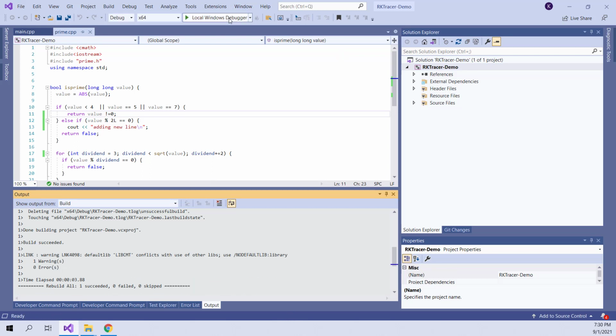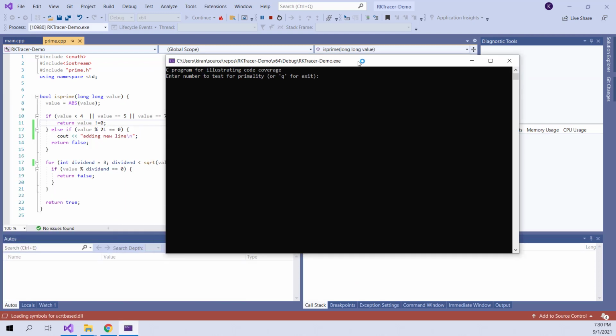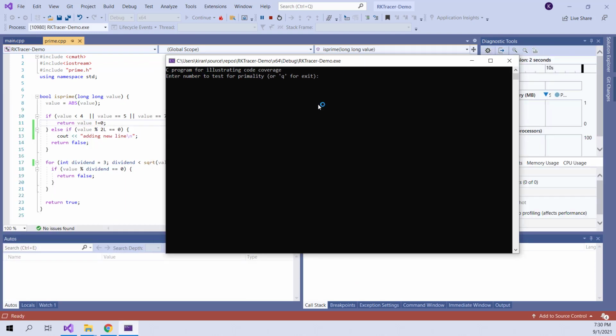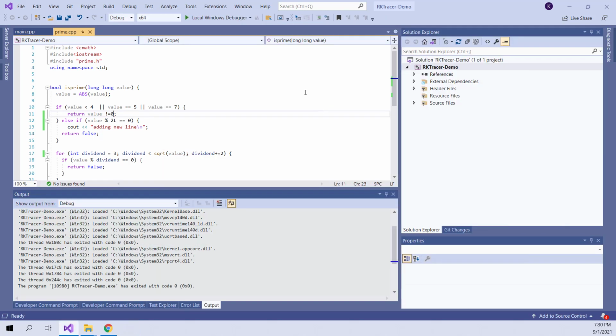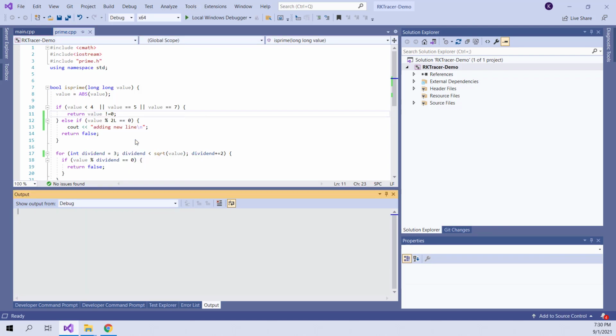I'm going to test it, and this time I can go ahead and enter and test the application 2, 5 and 89. So this time 3 set of values, and press enter, quit, and you can see we have completed testing. So let us go ahead and generate the report.